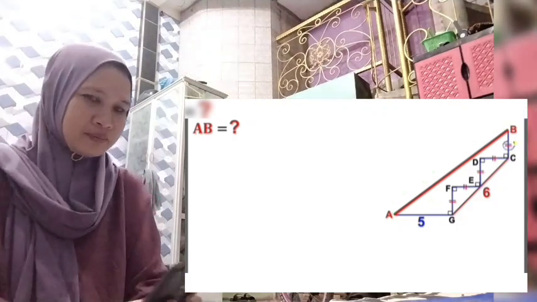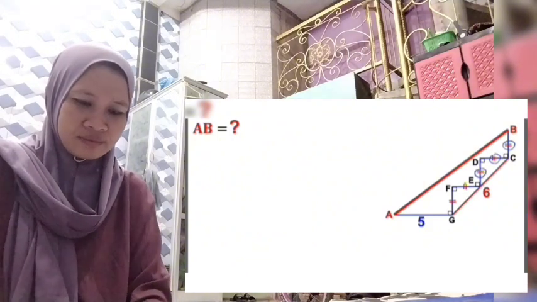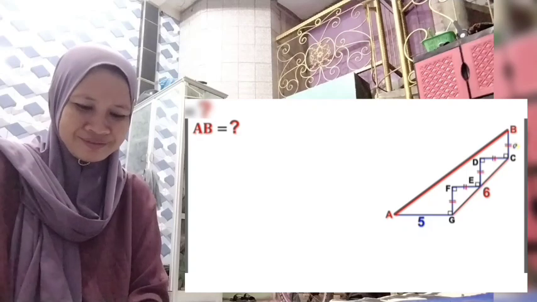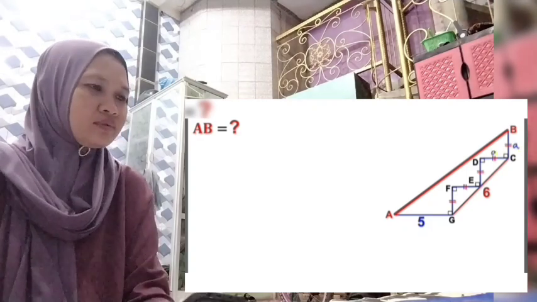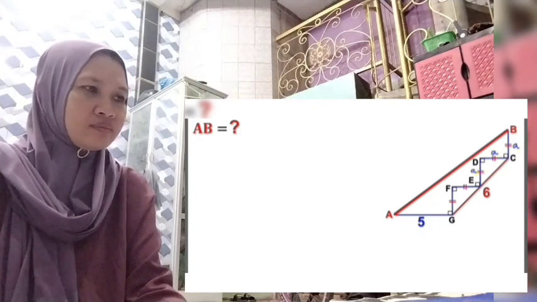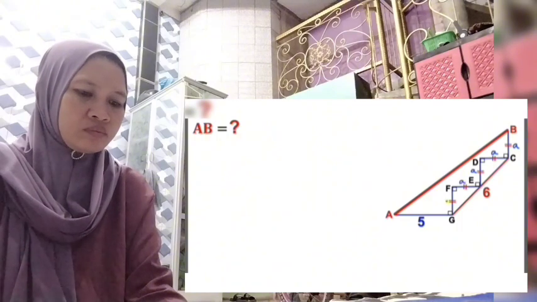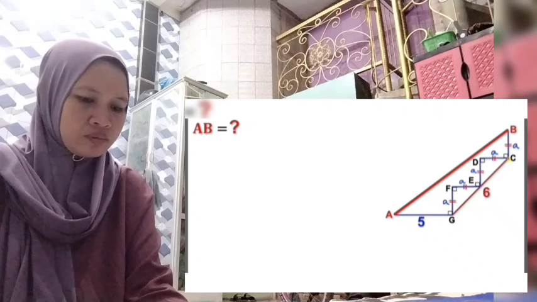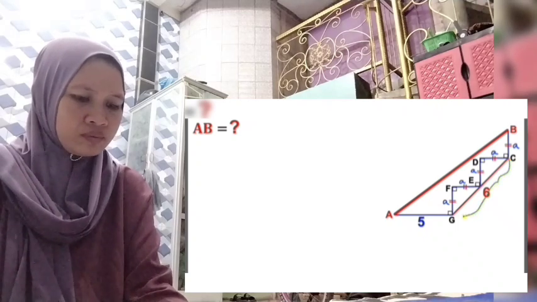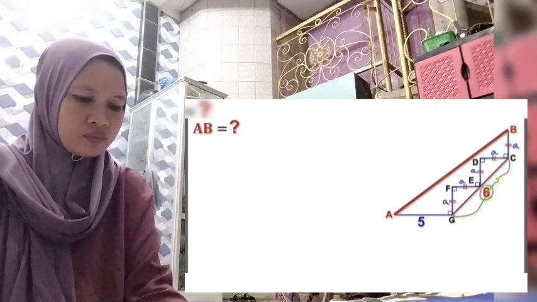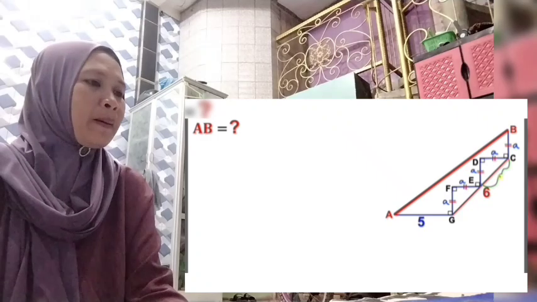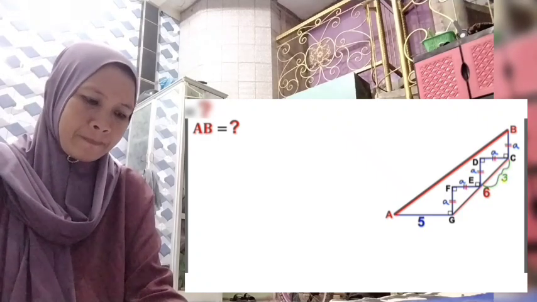And we know that all these segments are equal in length. So therefore, I'm going to label each of these segments lowercase a across the board. And now let's make an observation. We know that this whole segment CG is 6 units. So therefore this segment EC is going to be half of this 6. So this segment is going to become 3 units.